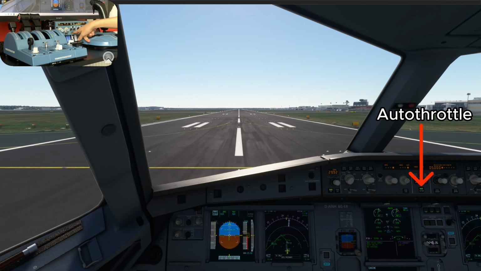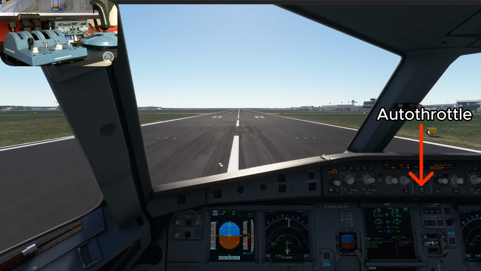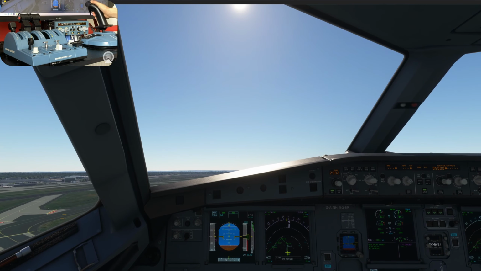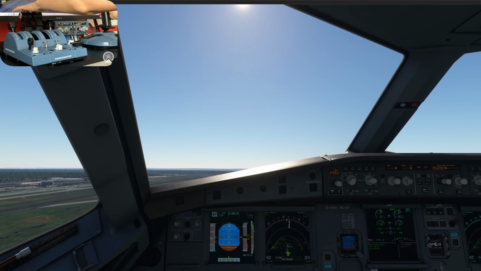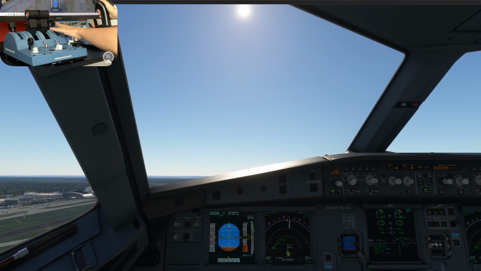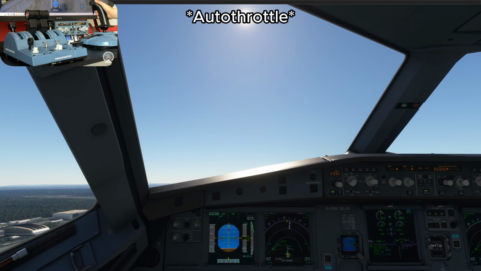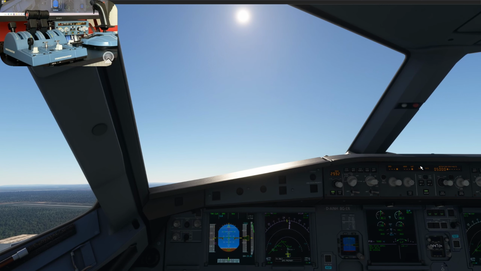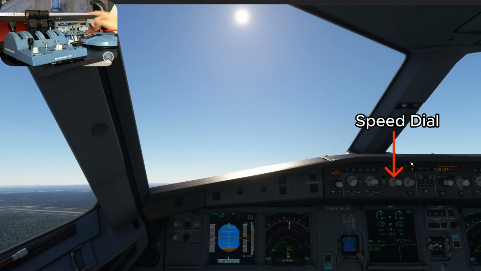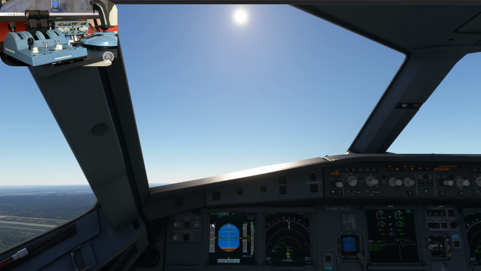So as you can see here and here, the auto throttle's already turned on. And if we pull the levers back to the climb detent, which is the first one above idle, then that engages the autopilot, and that means the autopilot is going to follow the selected speed. So the speed right now is in managed mode, and the managed speed it wants us to hold is 210